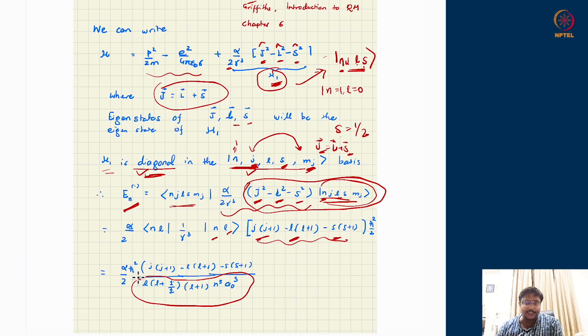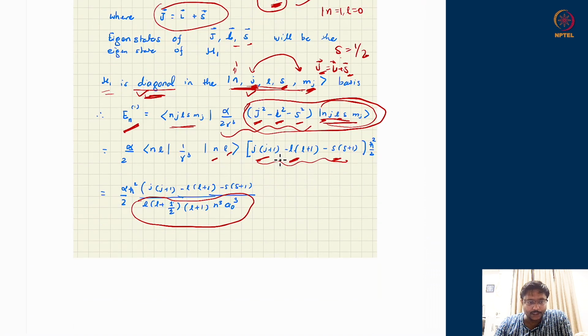The perturbation Hamiltonian happens to be diagonal in this basis if I choose it. Otherwise, if I started from some different basis, the idea would be to do a basis transformation and land up here in this correct basis, the N, J, L, S, M_J basis, which is degenerate but diagonal. So therefore, we are safe. So therefore, in order to deal with any system, I will first check whether my system is degenerate corresponding to the unperturbed Hamiltonian H0. If it is, I will always try to construct a basis in the degenerate subspace where the perturbation Hamiltonian becomes diagonal. Remember, a crucial point to remember,